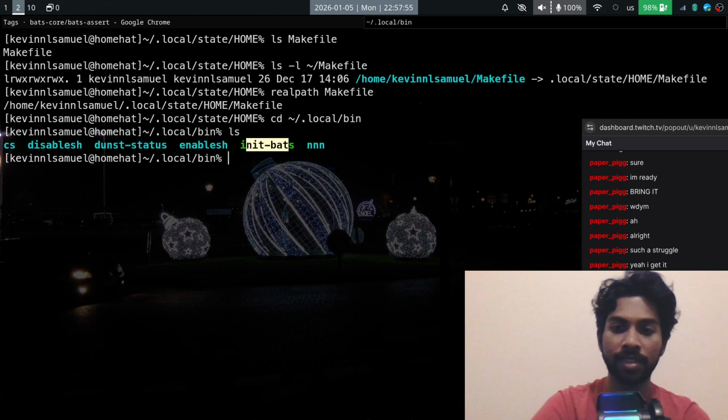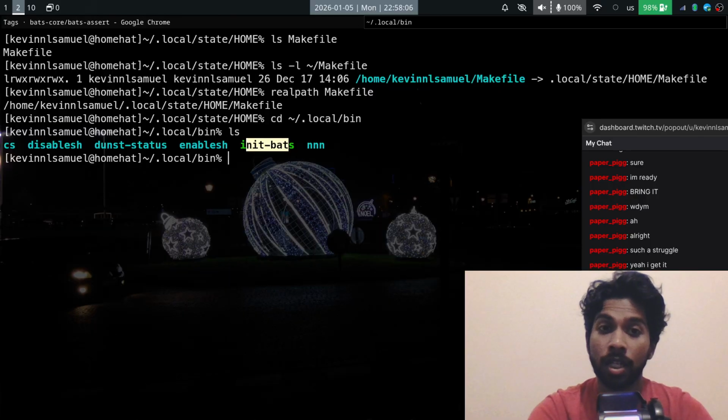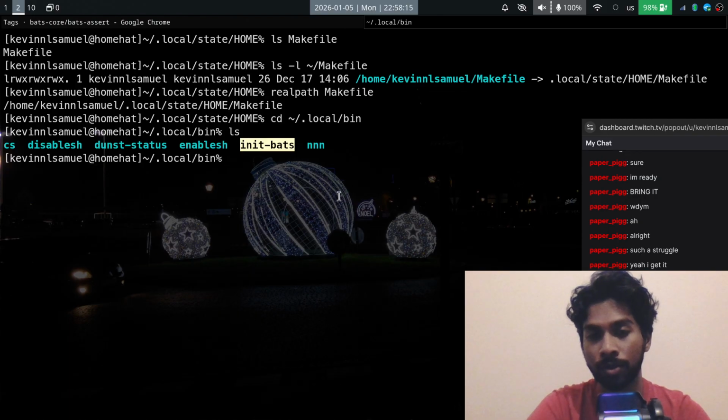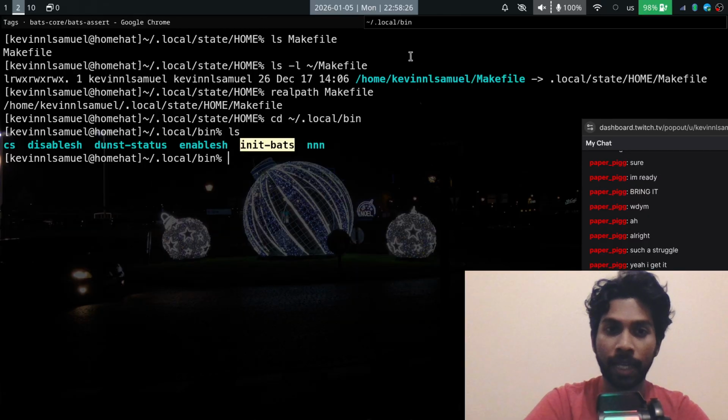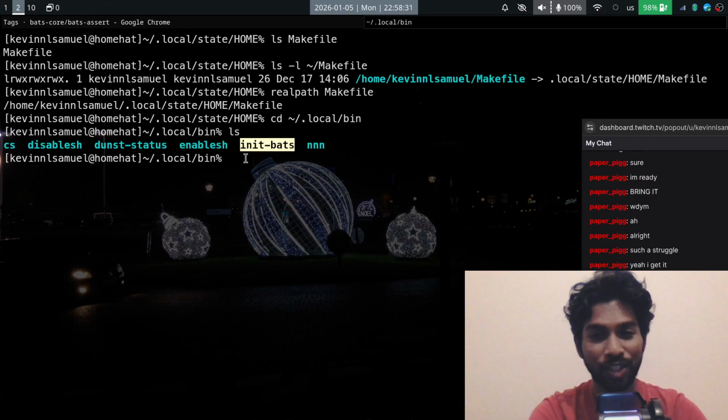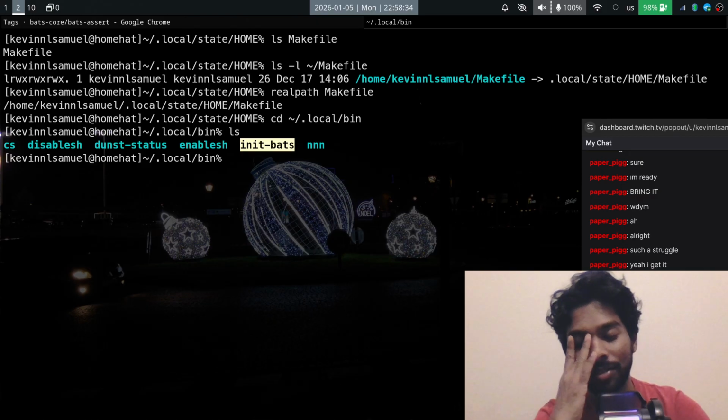But you'd also want to preserve the same structure because that's the whole point of it. Because stow respects the structure of your Git repository, so it respects the structure of your source. So in order to recreate it, I would have to take init bats, go into my source directory, my Git repository, create .local bin, and copy init bats there. Actually, move init bats there, and then do stow again so that it comes back here as a symbolic link. Fun. So much fun. So you see, these are the kinds of annoying tasks that you'd have to do,